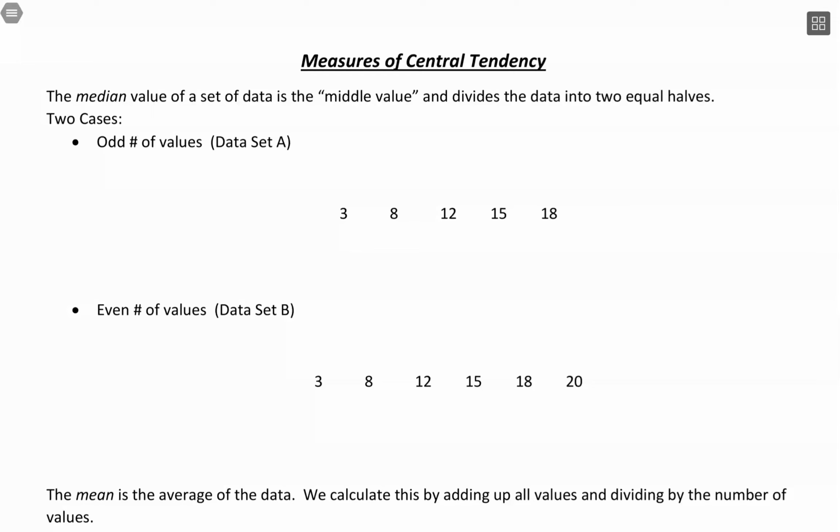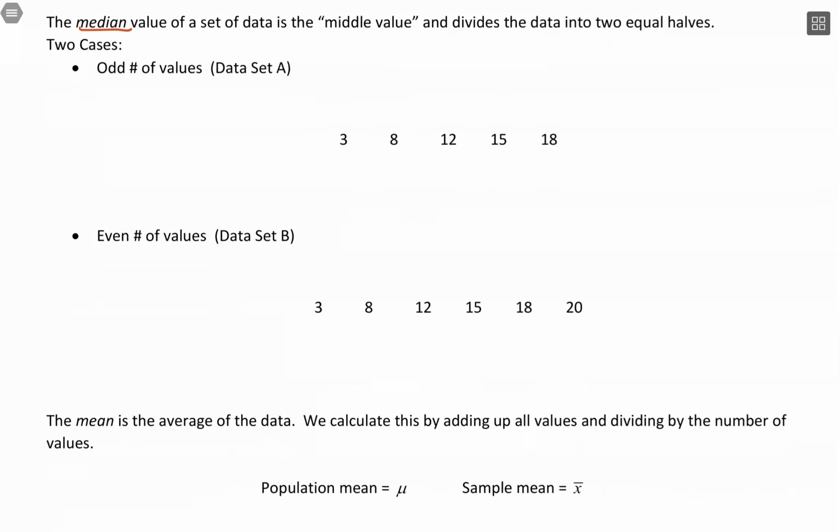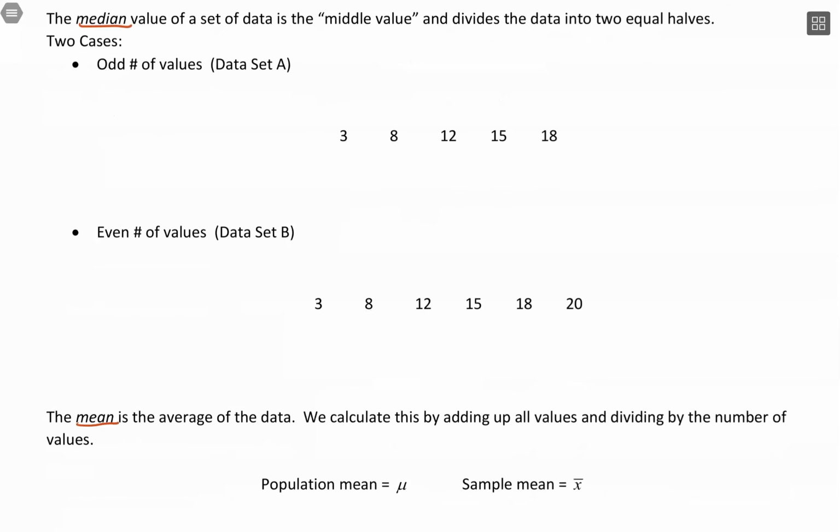When we have our data, central tendency will give us an idea of the center of the data. With that comes the idea of expected value. So if we have this data set, if we choose a random value, what do we expect to come out? There are going to be two ways that we look at measuring this. We're going to look at median and mean. And what we'll talk about is when is one better than the other in terms of measuring this